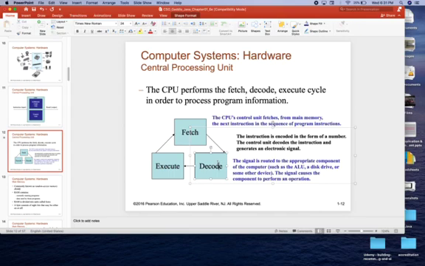Okay, the decoding. In the decoding, the ALU plays a key role, having to give interpretations to the instructions that were fetched, breaking them down into opcodes and then operands. The operands, for example, will be like the variables. So you take, for example, if you have something like A is equal to B plus C.